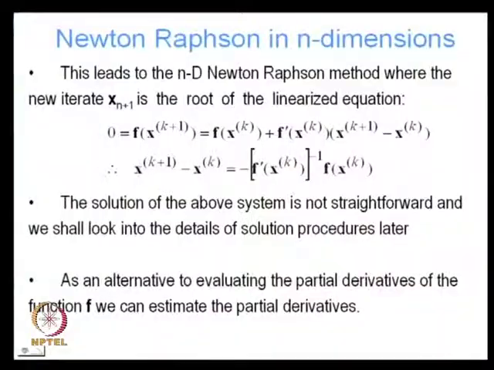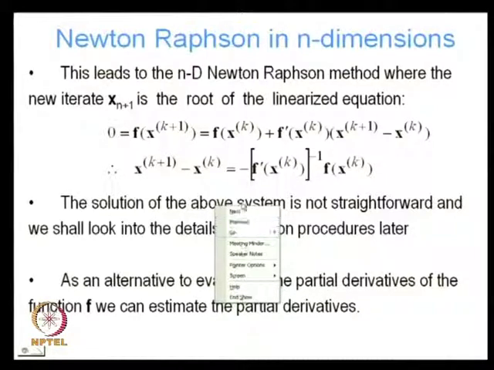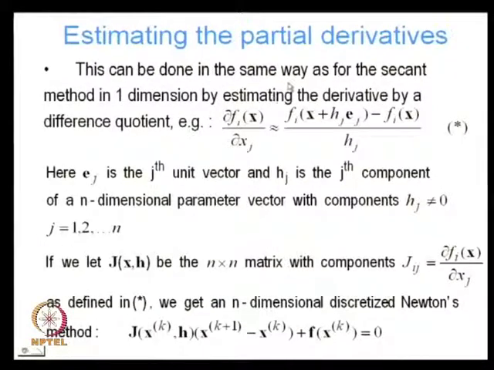So, as an alternative to actually evaluating the partial derivatives of the function f, we can estimate the partial derivatives. How do we do that? Well, let us take a look. This can be done in the same way as in 1D. Remember, we looked at the secant method in 1D, and we started with the Newton-Raphson method and said that the secant method comes about if, instead of evaluating the actual derivative,